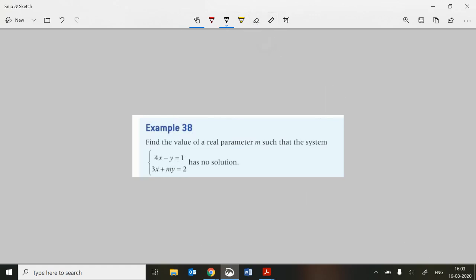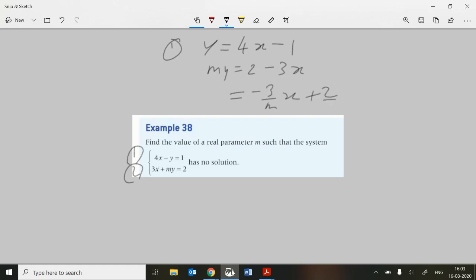Let's just think about when these two things would be parallel. So the first graph is y equals 4x minus 1. That's the rearrangement of the first one. And of the second one, we'd get my equals 2 minus 3x. And therefore, we're going to get minus 3 over m x plus 2 over m is equal to y. So this is our second equation. Now, when these two things are parallel,